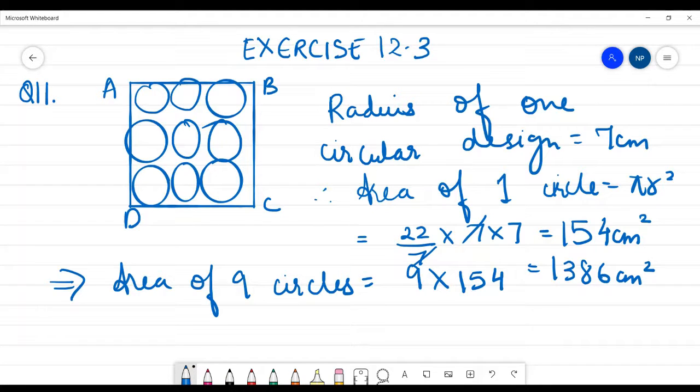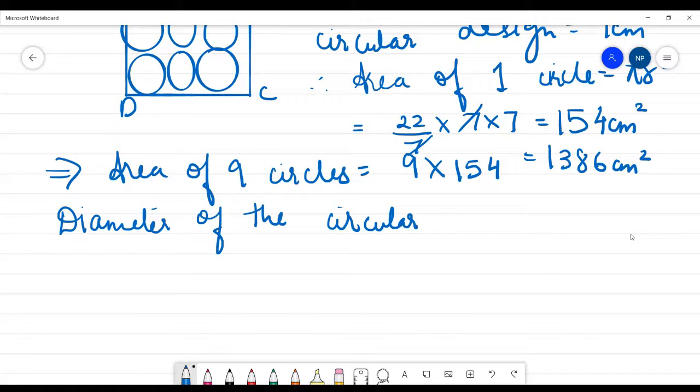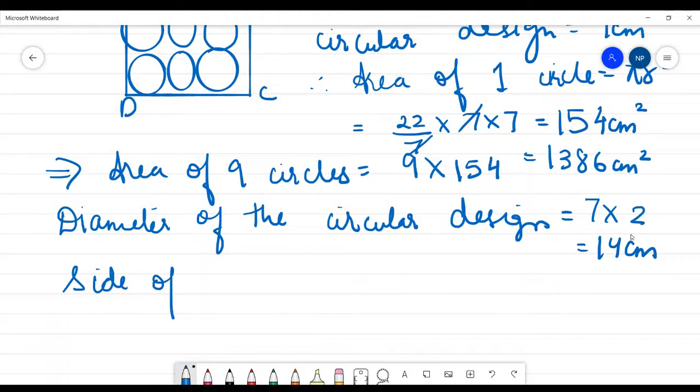Now, how to find out the area of the square? Because the length of the sides are not given as such. But we do know that the diameter of the circular region is, if we are supposed to find out the diameter, we will write over here, diameter of the circular design is 7 into 2, that is 14 centimeter. Therefore, side of the square